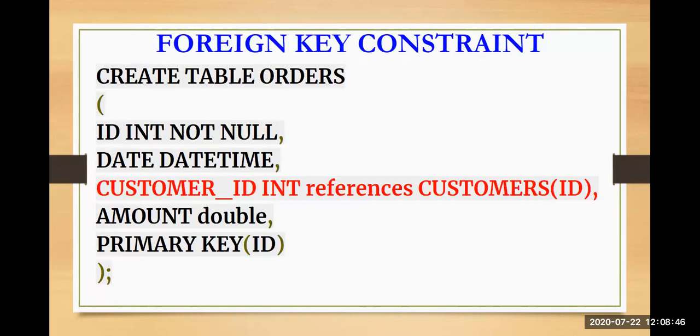Here you can see you have another table, your order. It has its order ID. It has date and time. Now the customer ID of the order table will take reference from whom? It will take reference from the customer table, and which column? ID. So the syntax here is your column name, the data type of that column, followed by the keyword references, because you are asking for reference from a table. The table name is customers, and the attribute name is ID.